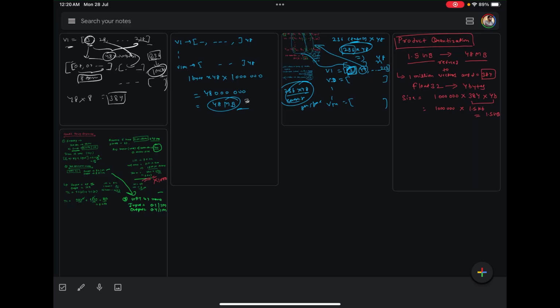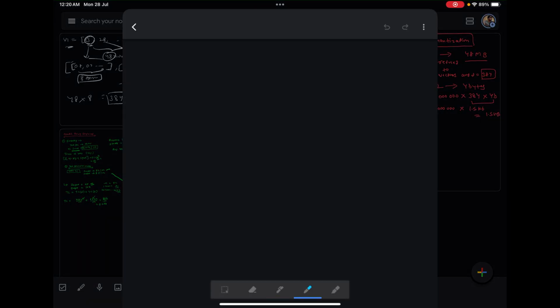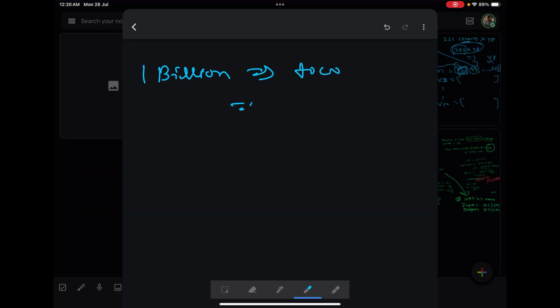Currently you might be thinking that even 1.5 GB can be handled by modern computers, and it can, yes, but as the number of vectors increases, this method becomes even more important. Because think about it, if I have got 1 billion vectors, not even 1 billion vectors. Usually what we have in modern situations is 1 million documents, okay, and each document is further divided into, let's say, 5 chunks, because we can't produce one giant embedding for one giant document. So what we have is 5 billion chunks, okay.